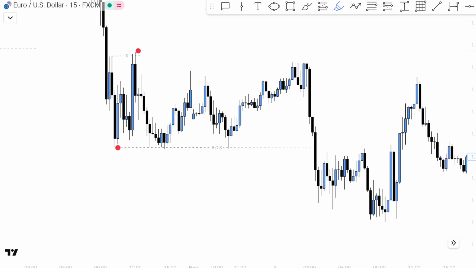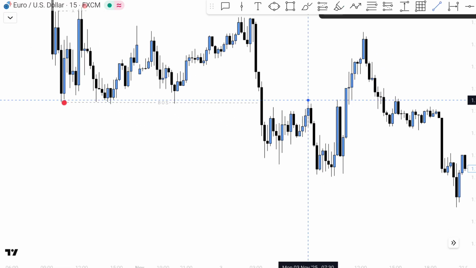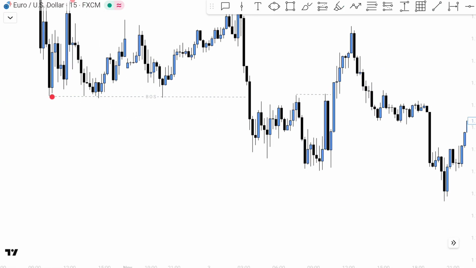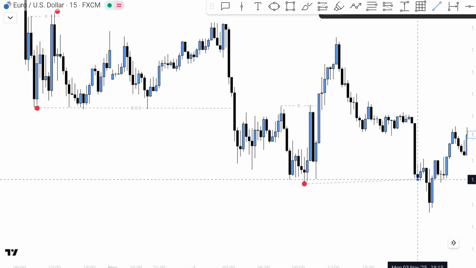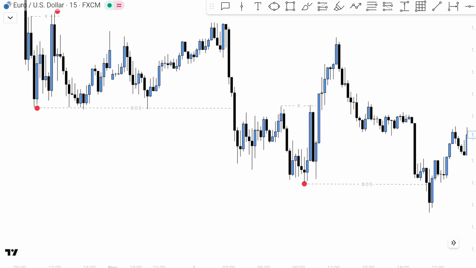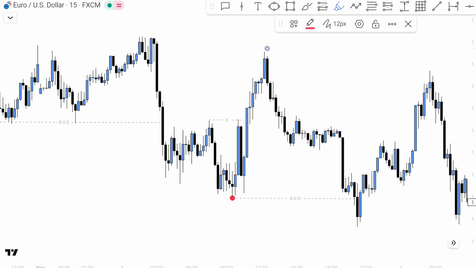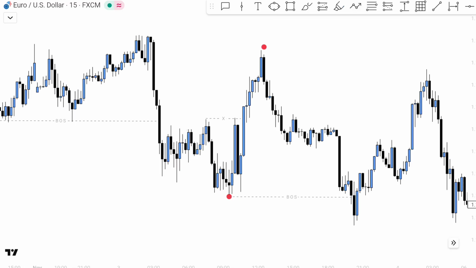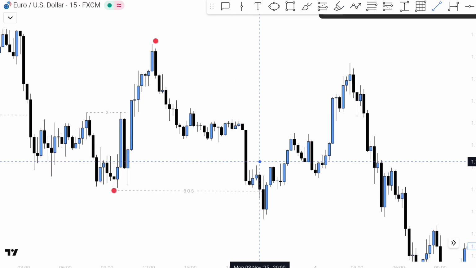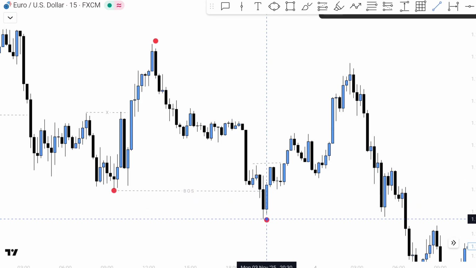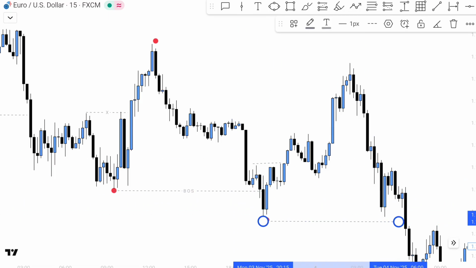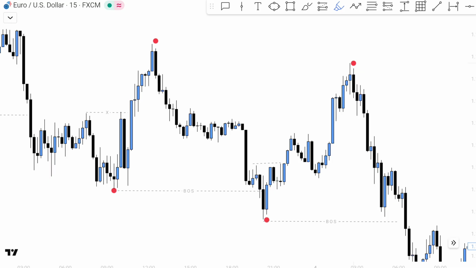And after the break of structure, this becomes your high, and again this was the first high and the market broke it to the upside at this point. And in this way this becomes your new low, and after that this is the break of structure, and after the break of structure this is the highest high from where the market created the break of structure, and again the market moved to the downside, and this was again the first high, the market broke it to the downside, so this is your low, and at the same point this becomes your break of structure,